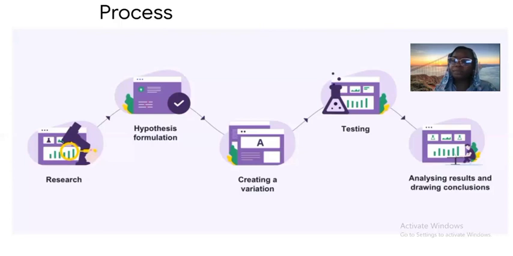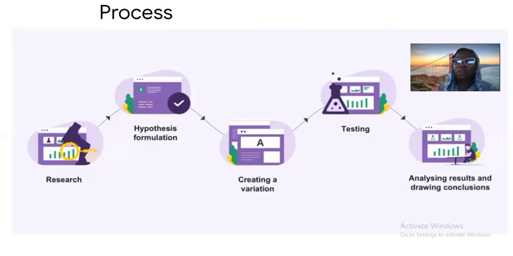Then the duration of the test has to also be right, because say for example you are trying to run the test during the week, that's during the working days, and these are the times that people work. They don't really have time to start going to websites to buy stuff, and you want to use these results for the entire website. It might not really work because people buy more during the weekend. So it's just important to make sure that you get these calculations right. I don't really want to go into details.